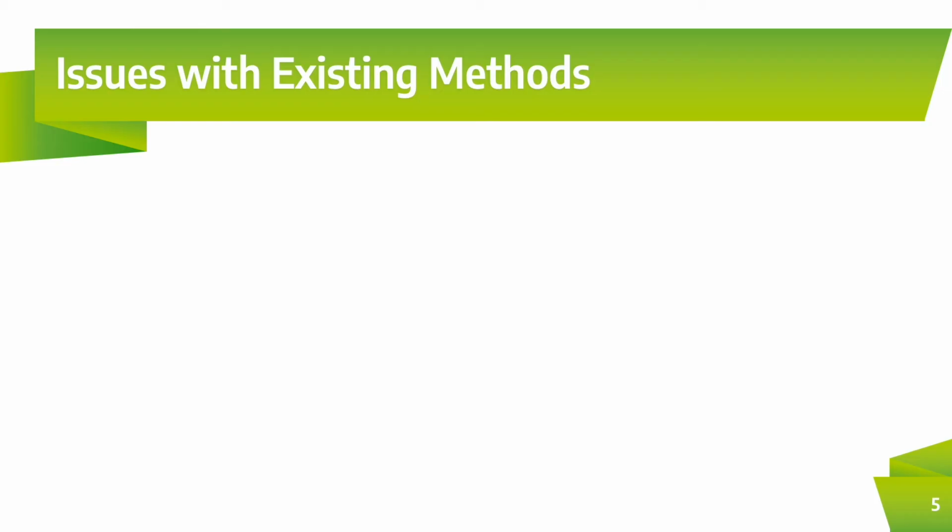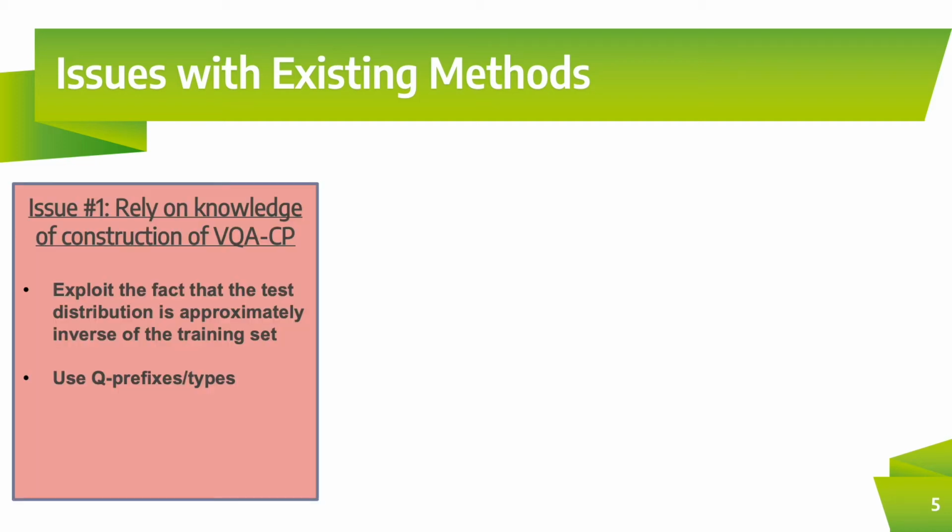We have discovered three critical issues with existing methods that allow achieving high accuracy on the VQA-CP dataset without solving the intended underlying task. The first issue is that the existing methods rely on knowledge about how this dataset was constructed. Distributions in the dataset are created by using question prefix, and the test set follows approximately the inverse distribution as train. Methods that exploit this fact may achieve high accuracies on this dataset, but it may not generalize to other